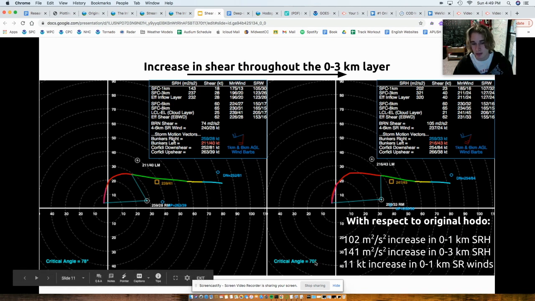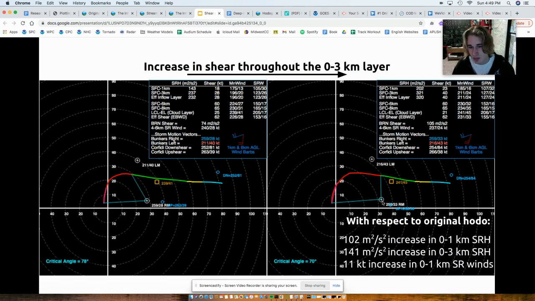Yes, the critical angle drops down to 70 between hodograph 2 and hodograph 3, but when you look at that surface storm relative wind vector and its perpendicularity to the lower part of the hodograph, that's still pretty darn perpendicular. The vorticity in that lowest layer for a right-moving storm is predominantly streamwise,